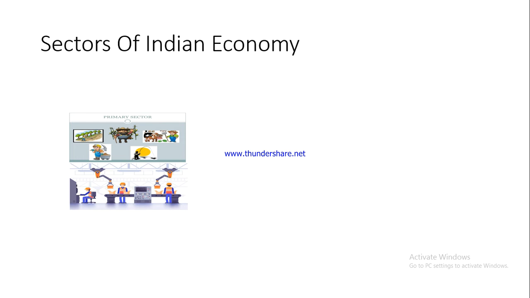Now let us talk about the second sector of an economy, which is the manufacturing sector. Manufacturing sector basically does what? It adds value to the products which are obtained from nature. The primary sector basically deals with the products that are obtained from nature. It does not add much value to these products. While in manufacturing sector, you add value to whatever has been obtained from the nature by the primary sector, or whatever has been provided to you by the primary sector as the raw material.